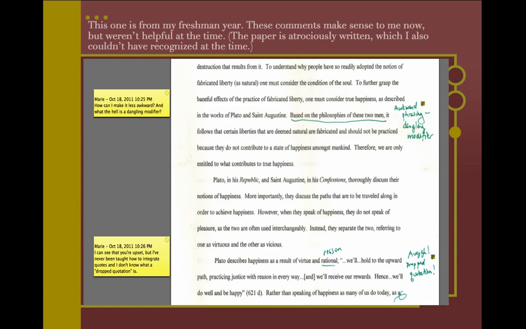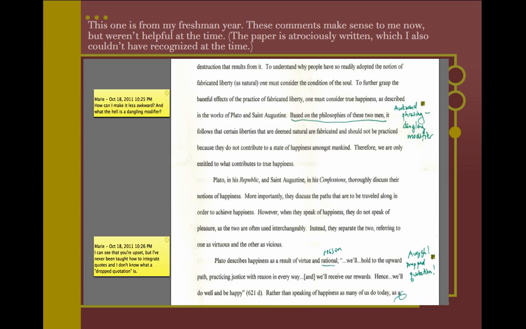This excerpt is from a paper I wrote my freshman year of college. In reading it now after having spent a long time developing my writing skills, I understand my teacher's comments, but at the time they not only confused me but left me feeling like he was irritated with me for making mistakes. So here he says that I have awkward phrasing and a dangling modifier, but he doesn't really explain why